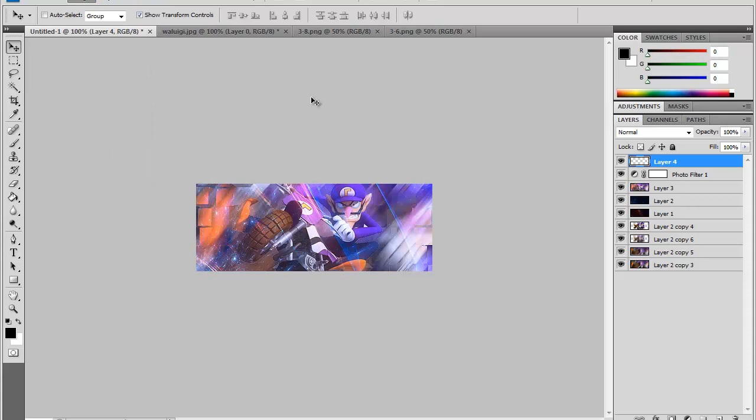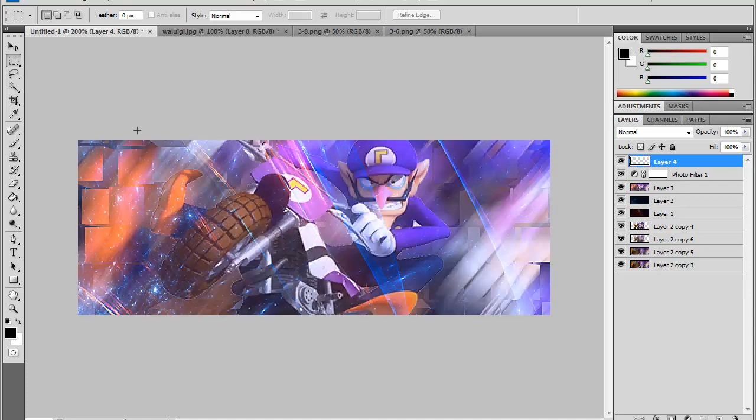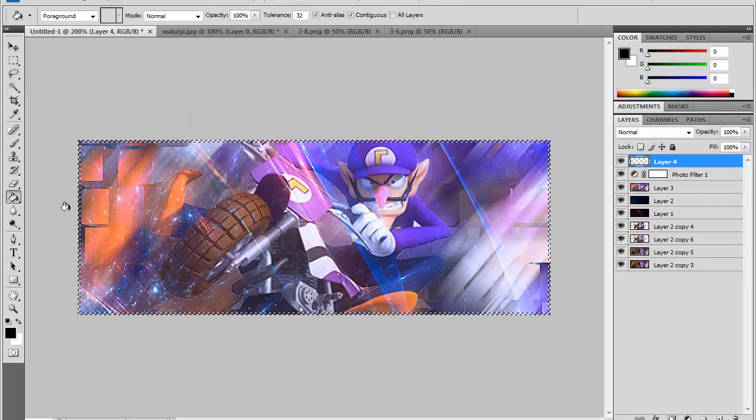Just make the new layer. Then you want to grab this rectangular marquee tool here. Zoom in once, and then you want to draw where you want your border to be, where you want the border to sort of come out to. That's how thick it will be to the edge of the picture. So then once you've done that, go to Select, Inverse, and that'll create an actual box which you can fill in with a colour. So once you've done that, just fill it with black,